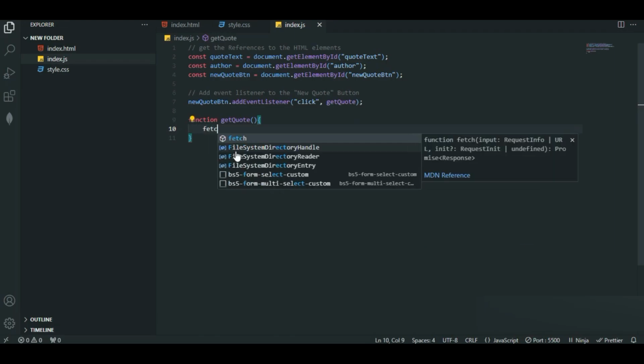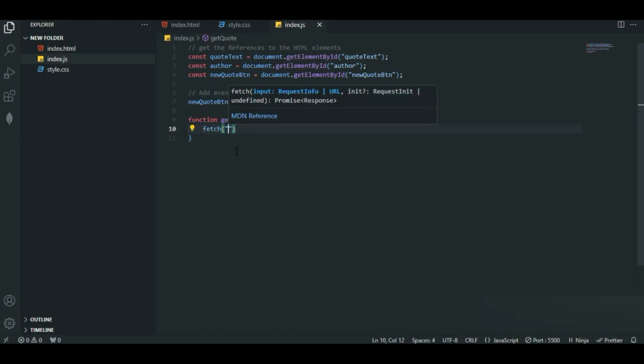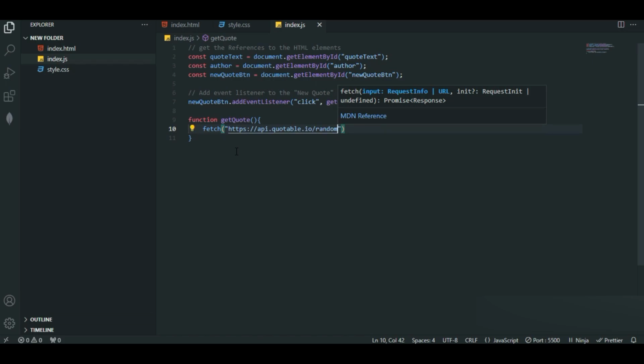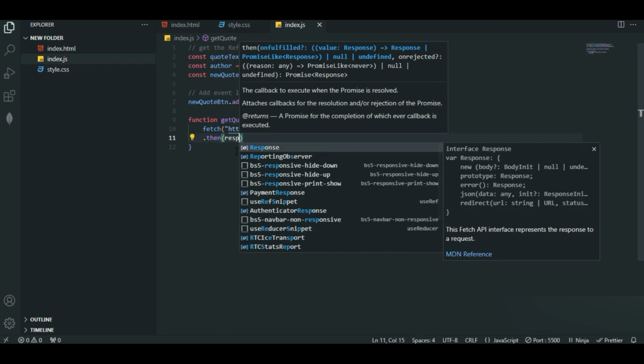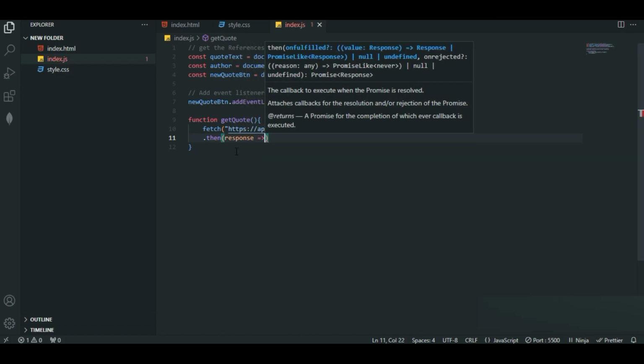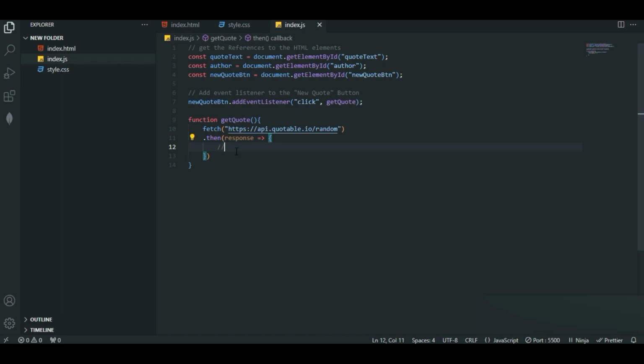We'll make use of fetch. I'll paste the API over here. Next, I'll make use of then. Also, I'll make use of response. So we'll be checking if the response is successful. Just comment it out and write successful. How can we do that? I'll make use of the if condition. If not response,